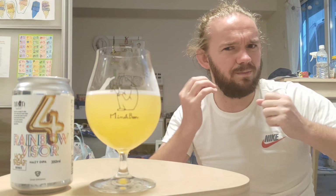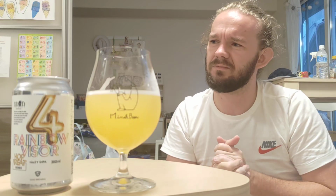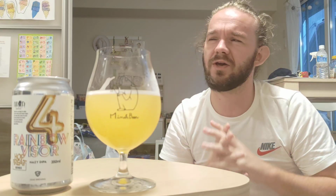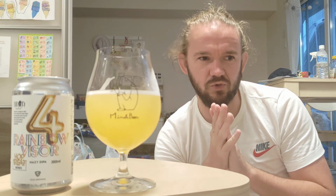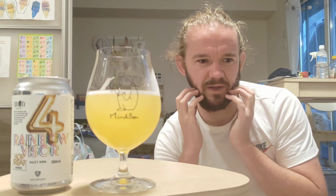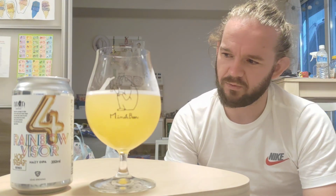So the green component in this one, because of the Superdelic in here, it is a little bit oily, but still has a wee bit of the kind of bitterness to it as well. You do get that little touch of dankness out of it. But back corners of the palate, you do definitely have a little bit of earthiness in there, which is the Mosaic. As you move further forward, it's got a little bit of a kind of herbal note there, but then yeah, as you push further forward along the sides of your palate, it has a wee bit more of a kind of